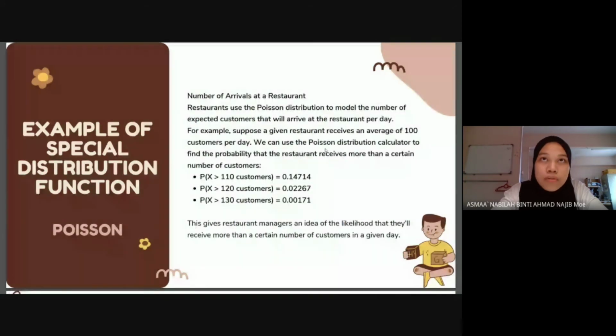For the second example, number of arrivals at a restaurant. Restaurants use the Poisson distribution to model the number of expected customers that will arrive at the restaurant per day. For example, suppose a given restaurant receives an average of 100 customers per day. They can use the Poisson distribution calculator to find the probability that the restaurant receives more than a certain number of customers. For example, for more than 110 customers, the probability is